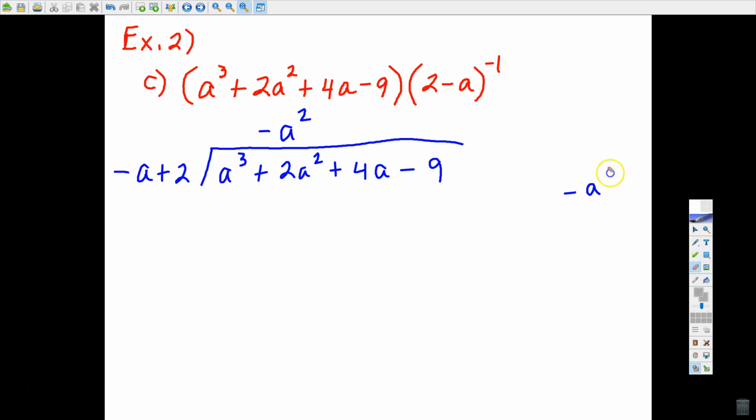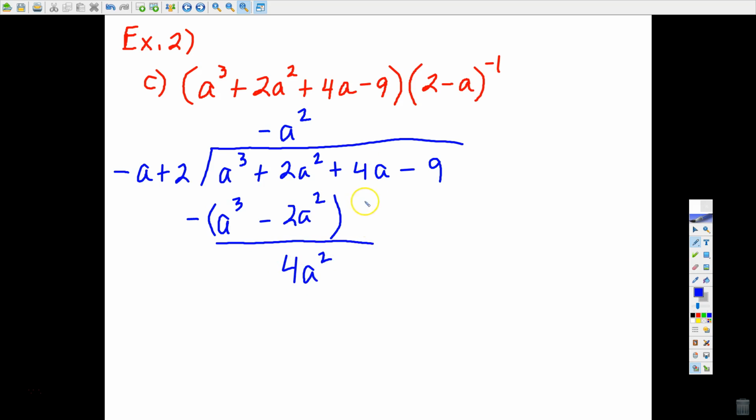Alright, so now we're going to multiply negative a squared times both of these terms. Negative a squared times negative a is positive a cubed. Negative a squared times 2 is negative 2a squared. Subtract. The a cubes will cancel. 2 minus negative 2, that's really 2 plus 2, is 4a squared. Bring down the next term